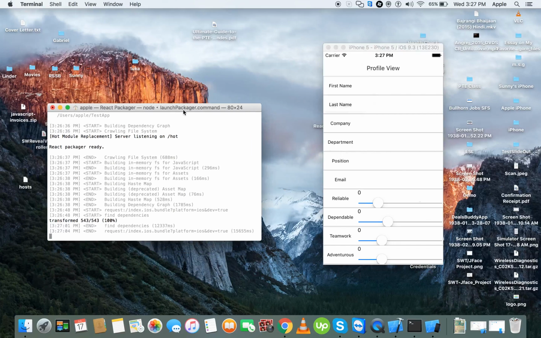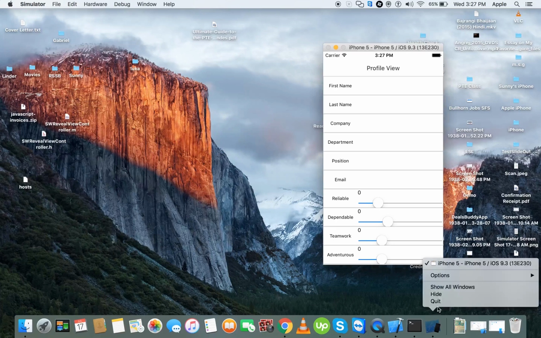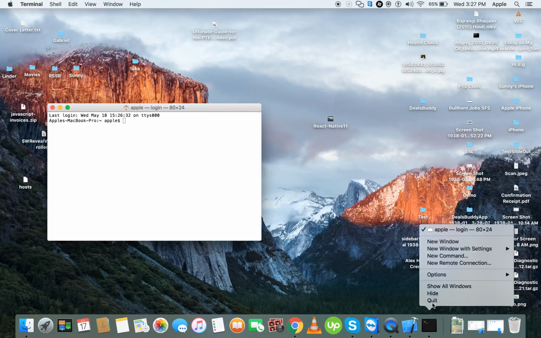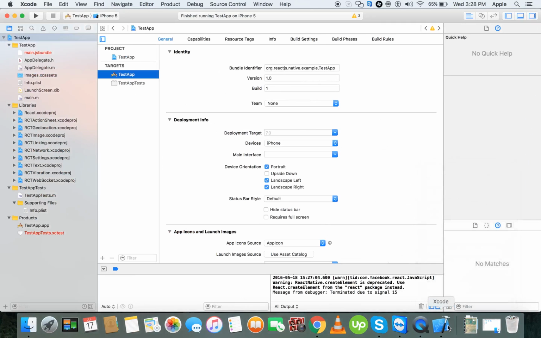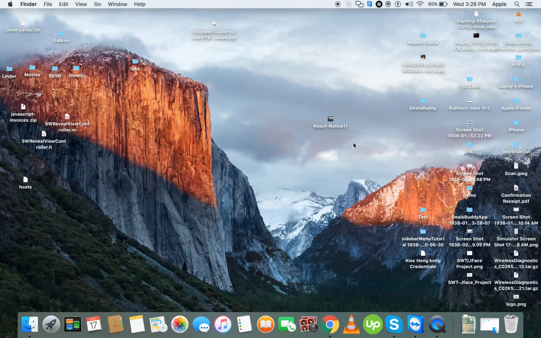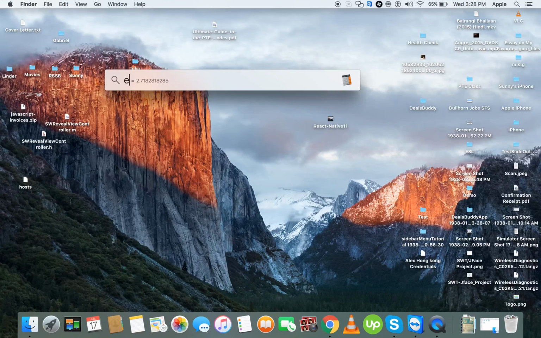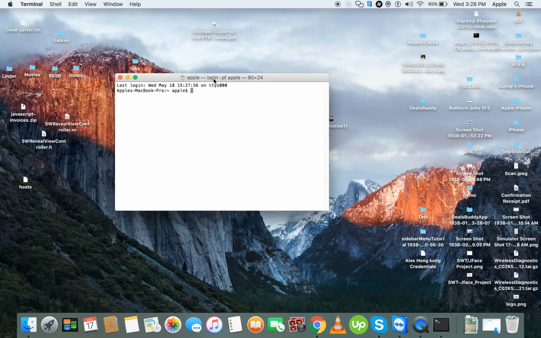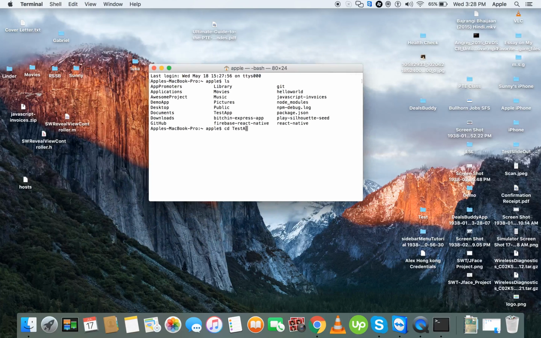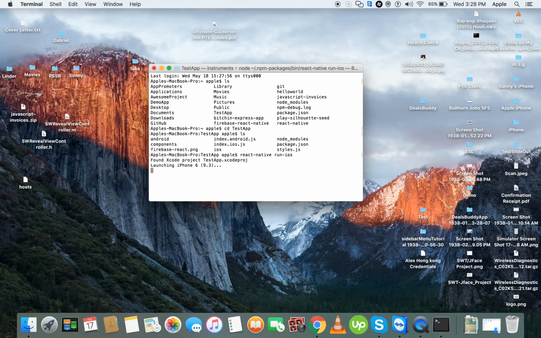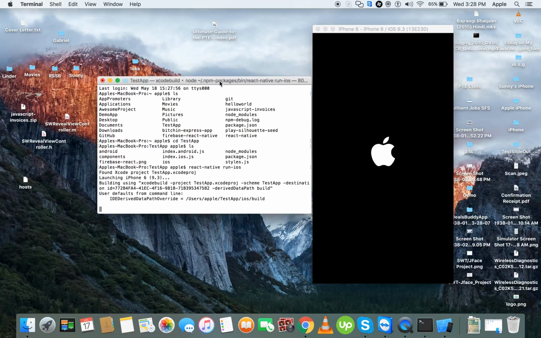You can directly open this application without Xcode as well, and you can also run this application through terminal. I'm going to close this Xcode right now so I can show you how I can work. Okay, so here is the terminal. Here is the test app application which has been created, so you have to run this. Now it will open the Xcode project, and you can see here